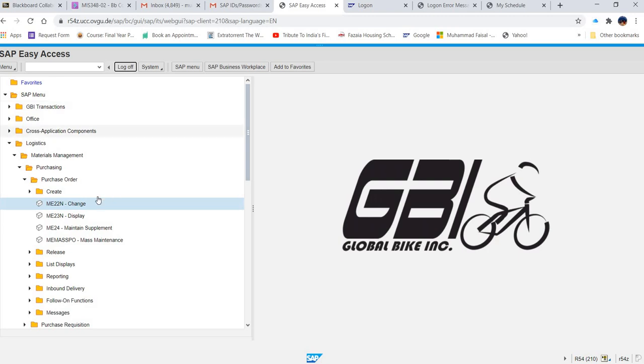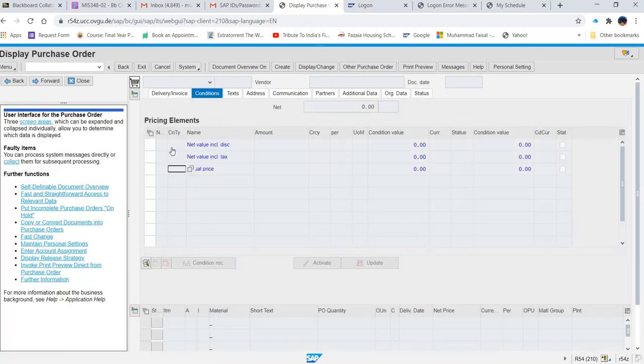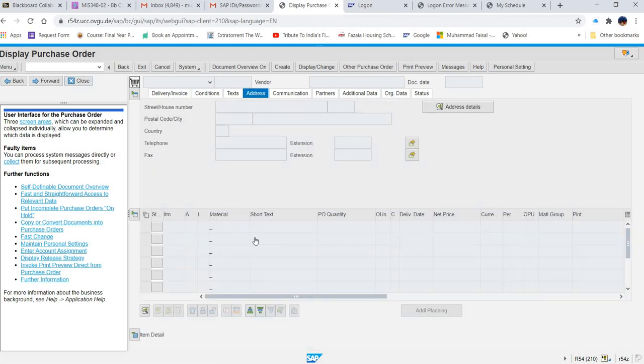For example, I am inside this transaction and the options are not highlighted. So let me check any other transaction.